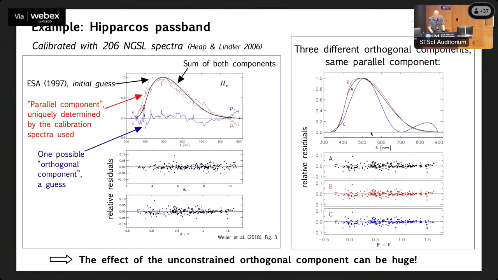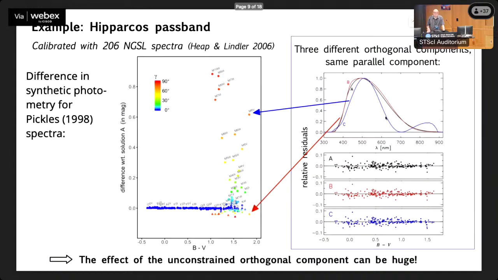But if you look at the residuals again, all three passbands will produce residuals of the calibration sources, even in the fine detail of the noise. These three solutions are completely indistinguishable from the set of calibration sources. And you might say, okay, this grotesque blue curve you can reject from your a priori knowledge, but the difference between the curves A and B, the black and the blue one, might still be within your tolerances you know from your passband a priori. And if you now apply this to a set of sources, you can get into troubles.